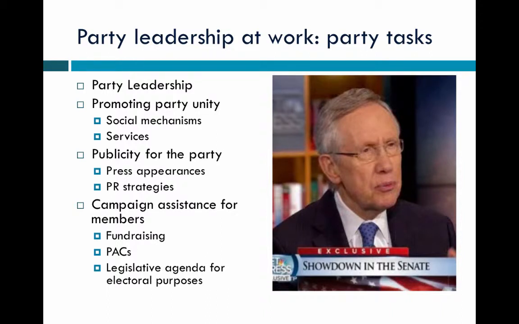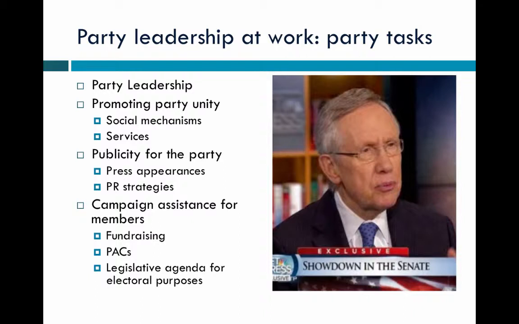The party leadership works in a variety of ways, and we see this strongly in Congress. The partisan leaders in Congress tend to be party leaders at the national level. This can be both formal and informal, depending on who the person is. And so, formally, there are certain mechanisms that are used, like choosing partisan leaders in each chamber, Speaker of the House, Majority Leader, Minority Leader, etc., reaching out to subpopulations, appointing party committees, including the Steering and Policy Committee, for example, and changes in rules and procedures have to do with party line votes. And then there's informal rules of the party, like assigning partisans to committees